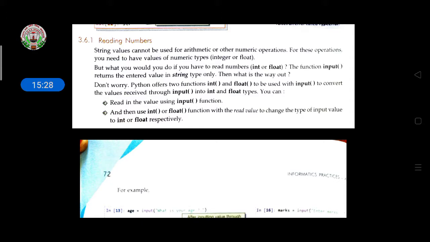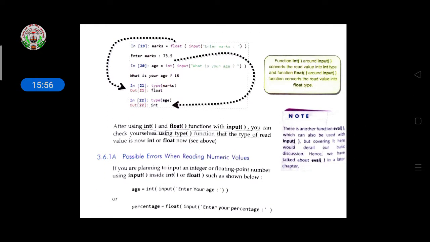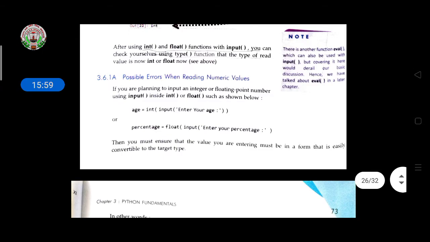If you want any integer number or float number in your program, with the help of this string, you have to call the particular integer function or float function. So the string which you write here in the program will return the integer value or float value with the help of these functions.